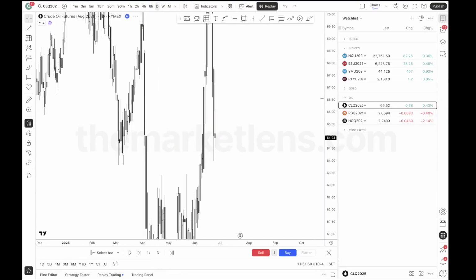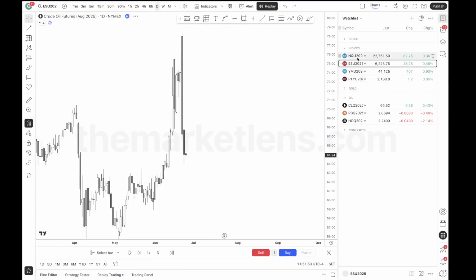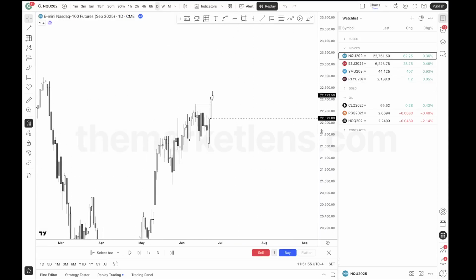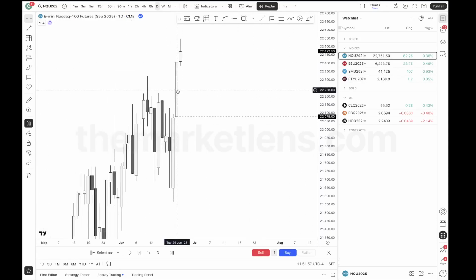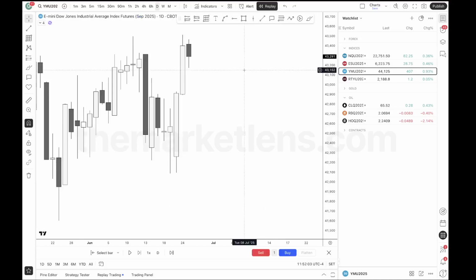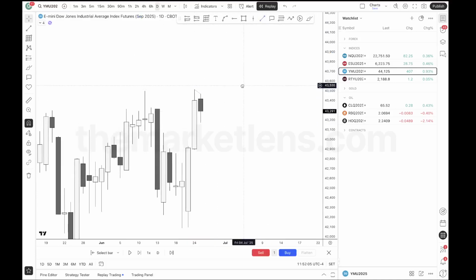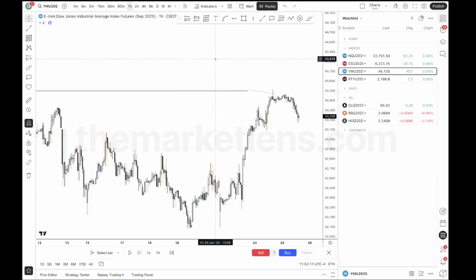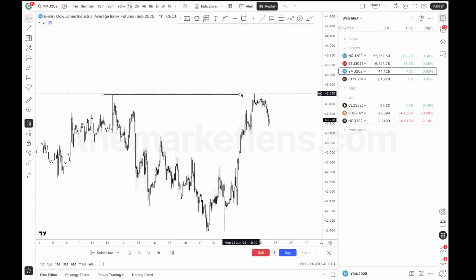It's really just all assets, every single one of them. They all expanded on Monday, Tuesday. So even on indices, I was looking to short lower, but I'll show you why I didn't do that. If I go to YM here, this is exactly what you want to see. So remember, guys, when SMT breaks, so at one point, if I go to the hourly chart, this was an SMT.